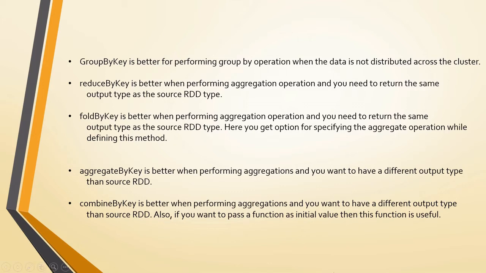And you might have seen some other functions like group by, reduce, fold, aggregate, combine. All these are also available. These are all RDD functions. The only difference is, whatever I just said, those will be used on a normal RDD of one type. It's not a key value pair. So the by key shuffle operations will be applied only on the RDDs which are having key value pairs, like RDD of string comma int or int comma string or anything. RDD of key and value pairs. Only on top of it you can perform these shuffle operations.